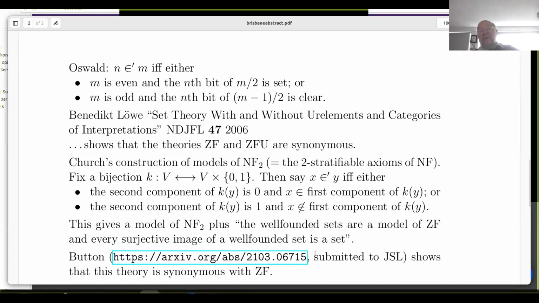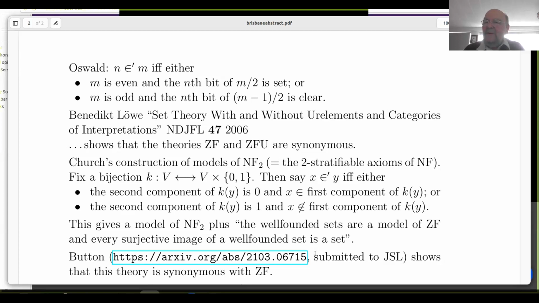Now, I think this is a result that those of you who are interested in philosophy of set theory could usefully apply yourself to. I mean, sorry, they're synonymous and they're both set theories. This is not a situation like K1 where you have a set theory that's synonymous with an arithmetic. You have two competing set theories that are synonymous, and they contradict one another. One of them says that there's a universal set, and the other one says that there isn't.